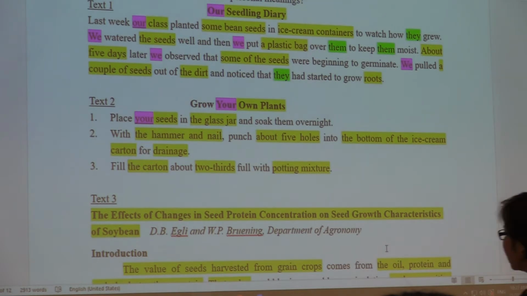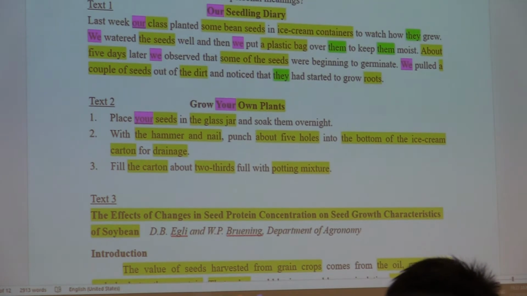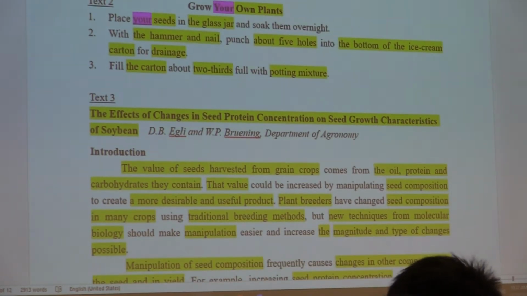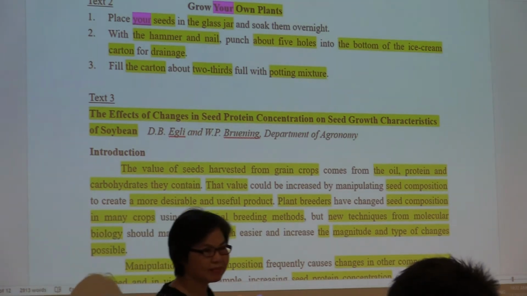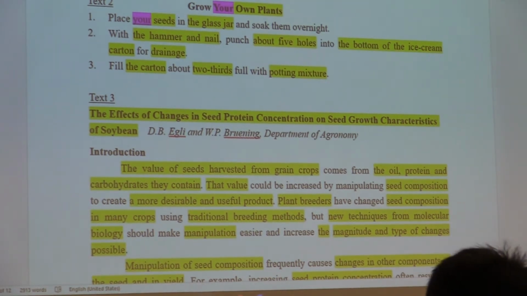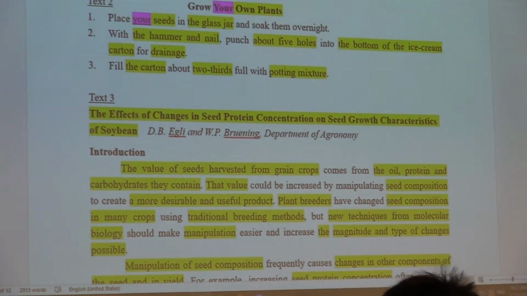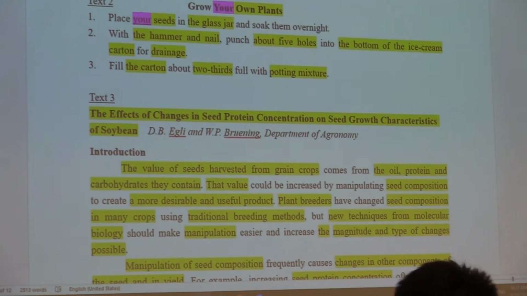Alright, then how about text 3? Text 3 is very different from the first two texts. What can you say? Text 3. Academic writing, formal style. So how will you describe this text? Gina? Good, yeah, you can see this text is heavily nominalized. You can see a lot of examples of nominalization. For example,